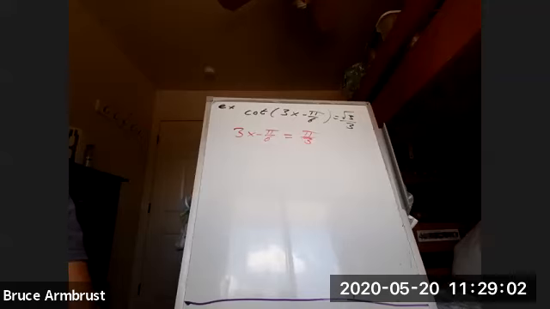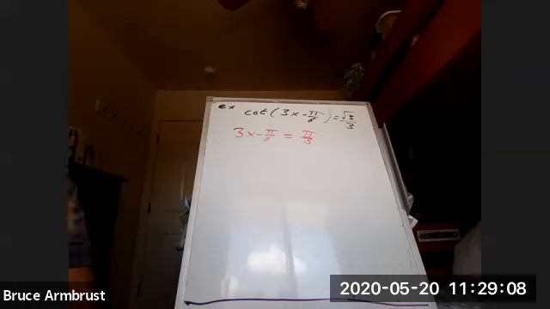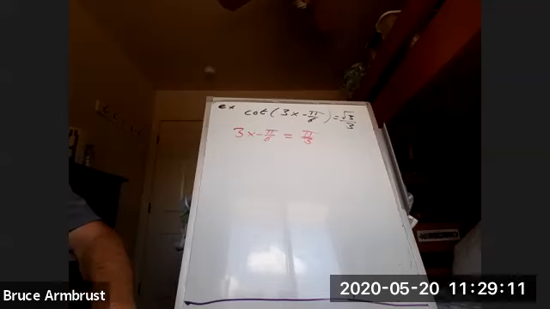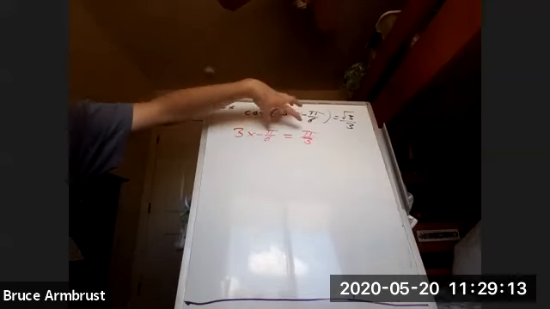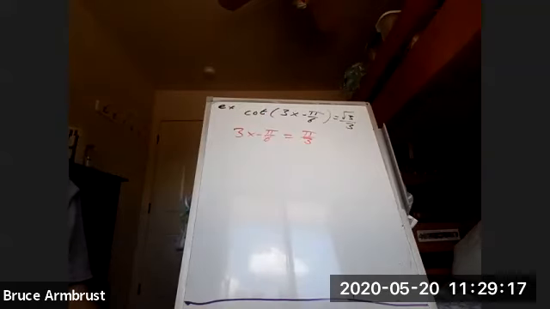So when I do this, I don't bother writing the theta equals and then do the substitution. I just jump straight to, well, whatever this angle is, 3x minus pi over 6, it has to equal pi over 3. Now, Amber just put in 4 pi over 3 because there's another place that we see that the cotangent is equal to pi over 3. But I'm not going to worry about that one,